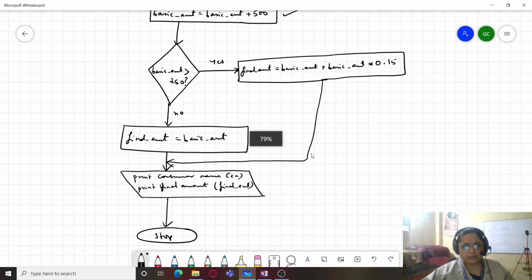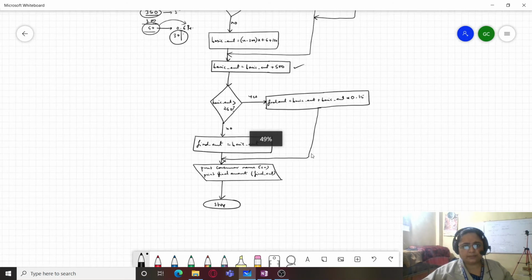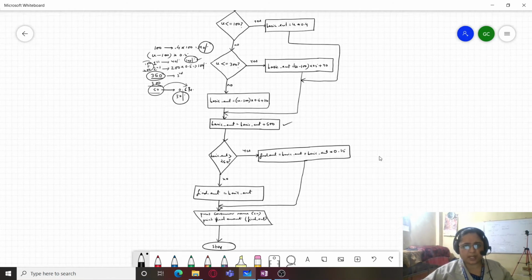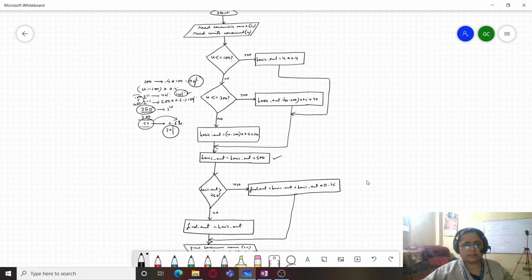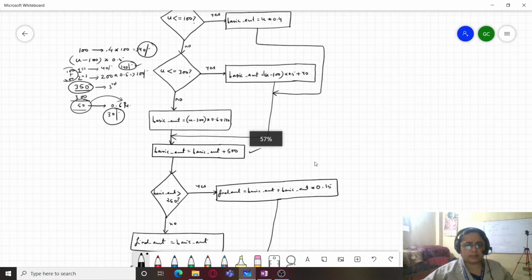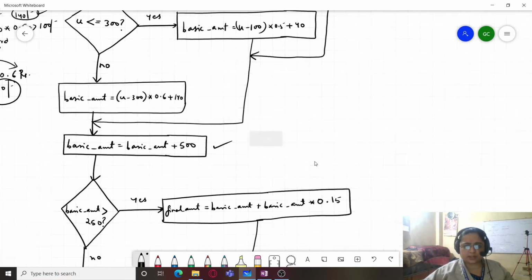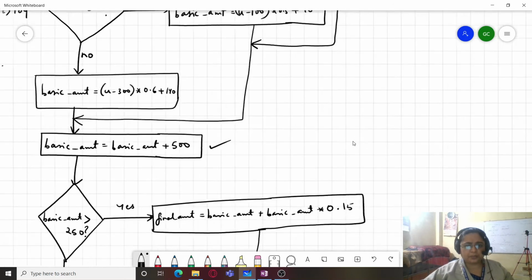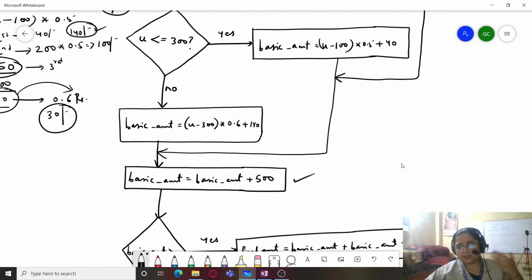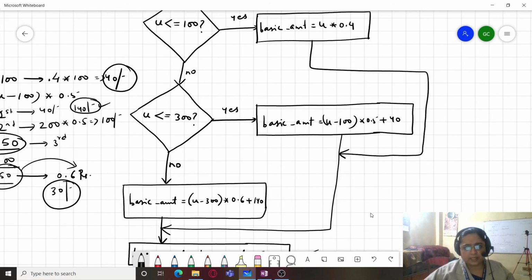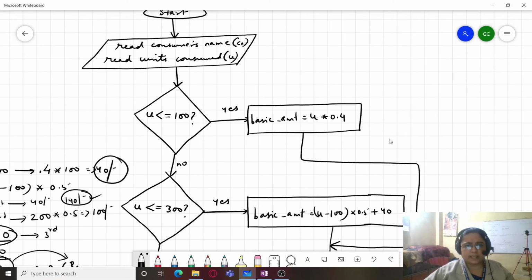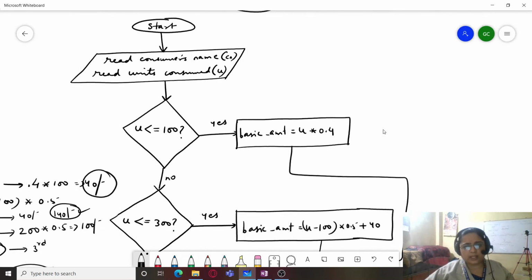So I'll just reduce the magnification and you can see the flow of control within the program, and your program looks like this. So the larger the question, the larger the program, and the larger is your flowchart also. Now that the program logic is clear, we should start coding our program.